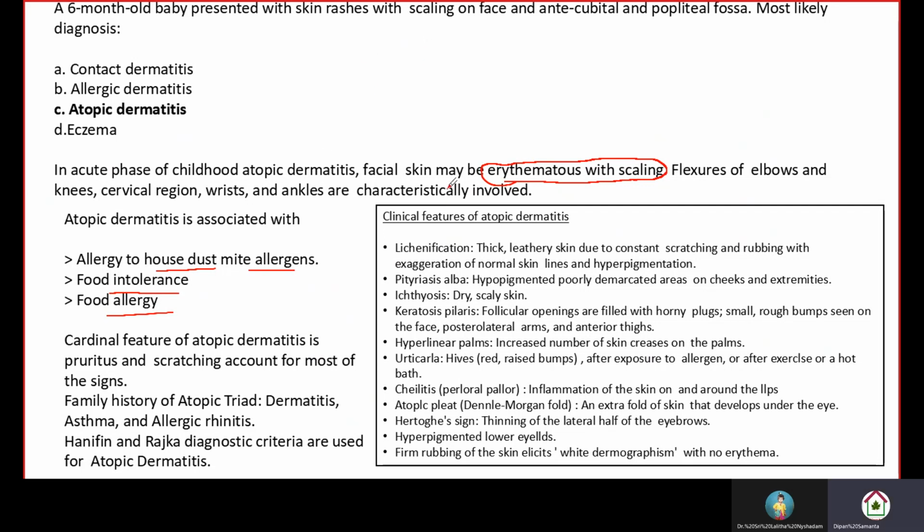Which is our question actually. Skin rash with scaling on face. Flexures of elbows and knees, cervical region, wrist, ankles are characteristically involved. So the sites are very important. Cardinal feature, characteristic feature of atopic dermatitis is pruritus, itching, and scratching account for most of the signs. And family history of atopic